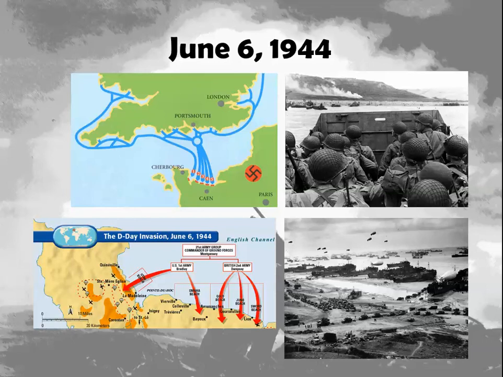Two days later, the Western Allies, Britain and the United States, launch the attacks on Normandy. On D-Day, the Allies launch a massive land and sea attack at Normandy in northern France. By August, France and the neighboring areas are free from German control. So really in the matter of a couple of months, the Germans are essentially pushed out of much of the land that they had been occupying for the previous 4 years.